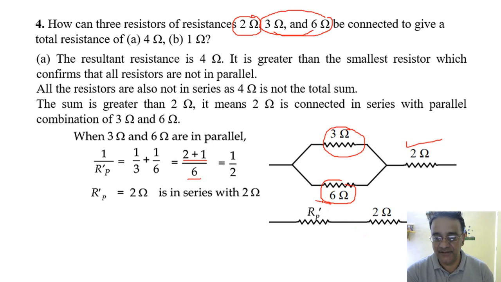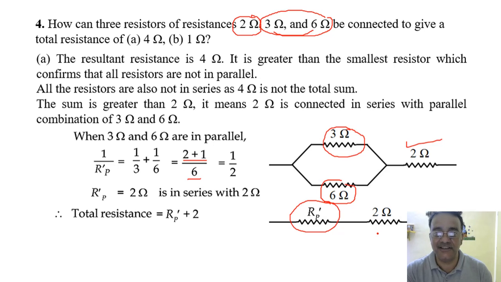Like that, if we are getting equivalent resistance, ये दोनों series में आ गया. So series में आ गया, so that means we have to add the resistance. Okay, so total resistance will be equals to Rp dash plus 2 ohm, and Rp dash we got 2 ohm, so 2 plus 2 is 4 ohm. Okay, so like that we have to use that concept. The जो last में मैंने conclusion बताया था, last point जो था, that is very important for this one. Now let us have the second bit,